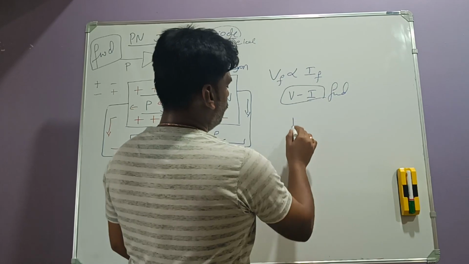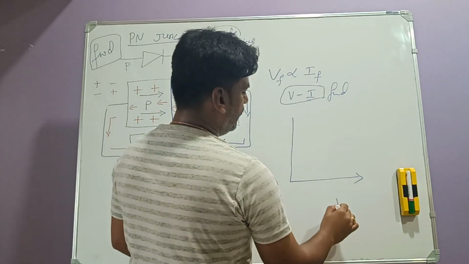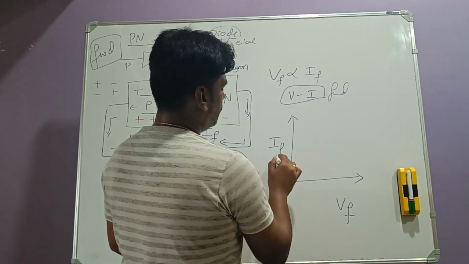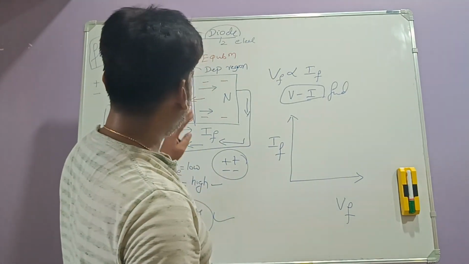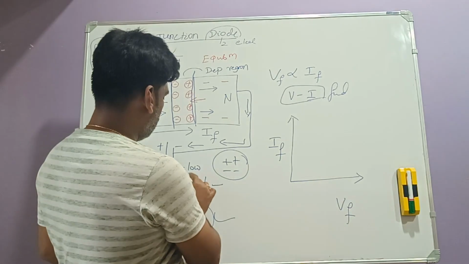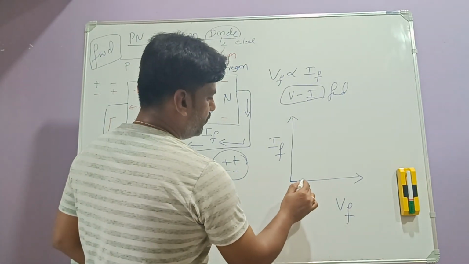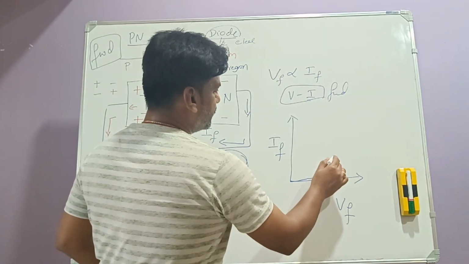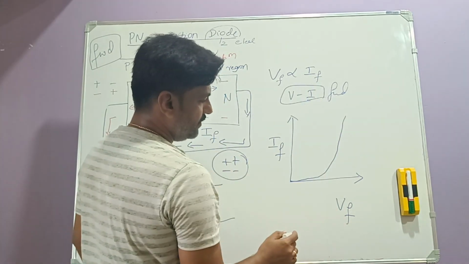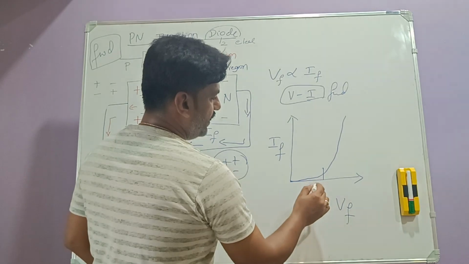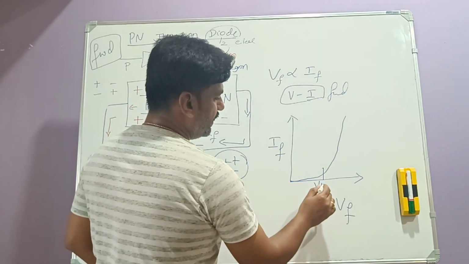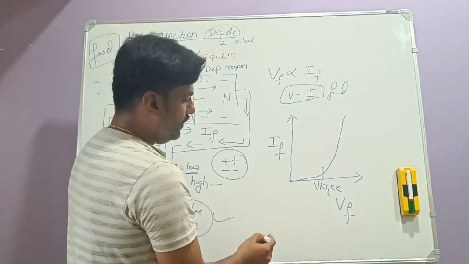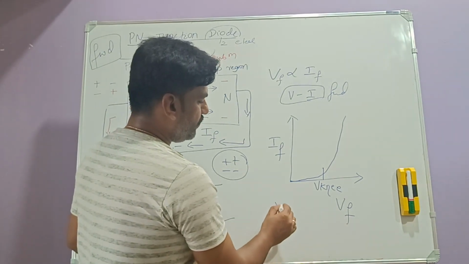How? We'll write V on the x-axis and I on the y-axis, right? So how will the characteristics be? Initially, I told you V is low, so the current is going to be low. As V starts increasing, the current will start increasing. So it is going to be like this, right? The point where it starts increasing exponentially, that voltage is called the knee voltage. That knee voltage is V knee,